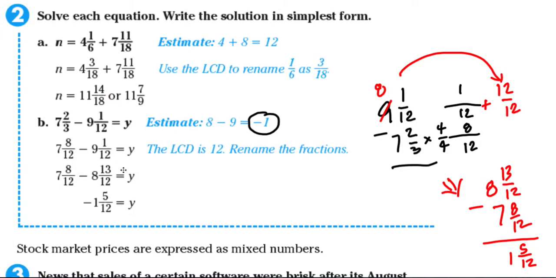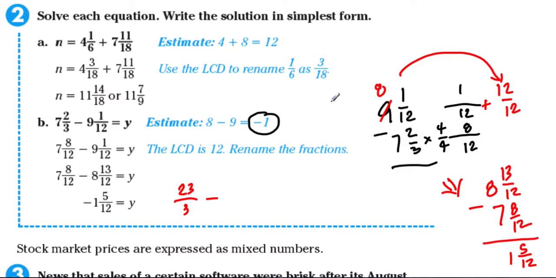There's another way of doing this. Again, what I told you. You can convert them both into improper fractions. And if you convert them both into improper fractions, there is no need to borrow anything. Okay? So if you convert negative 7 and 2/3 to an improper fraction, negative 7 and 2/3 would be 23 over 3. Okay, 21 plus 2 is 23. And